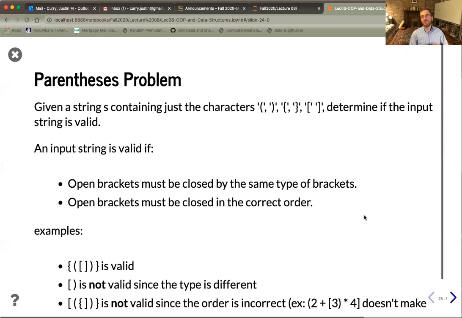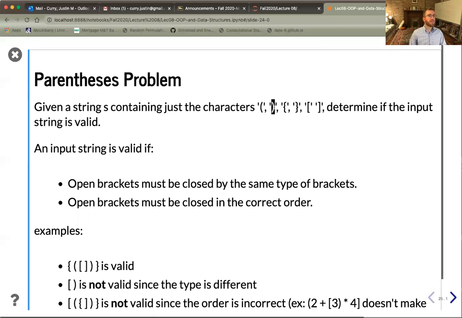Okay, so one of the reasons why we do like to think of stacks as data structures is that it's a very useful way of thinking. And perhaps that's really the best definition of a data structure, is it's a way of thinking to solve a computational problem. Here I'm going to introduce a sort of toy problem called the parentheses problem, which takes in the sort of characters that we're used to thinking about in these sets and dictionaries, and also in our lists and tuple data structures, or data types, meaning I know what happens when I have round brackets, curly brackets,